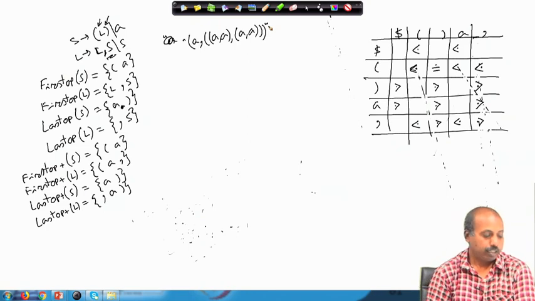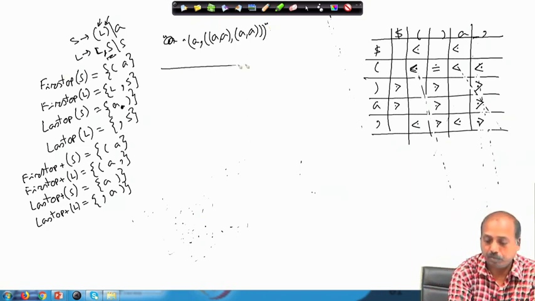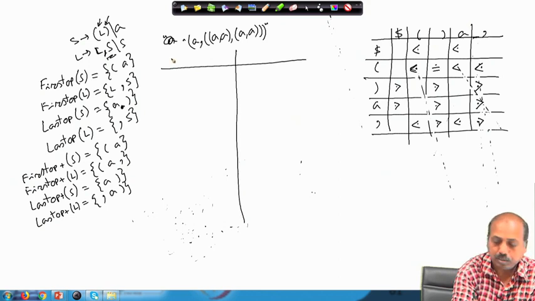So, as you know, we will have two parts in our formulation. The first part will be the input and the stack.